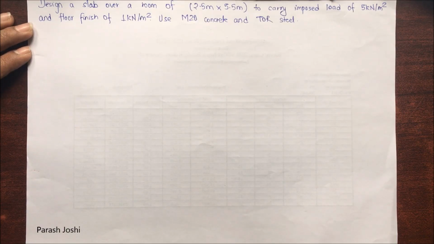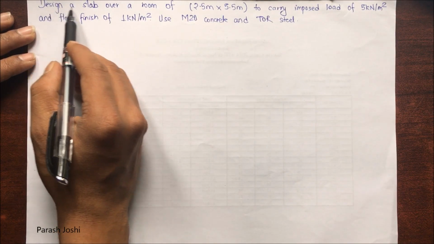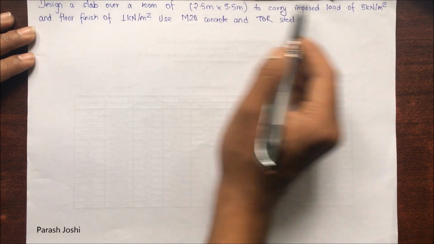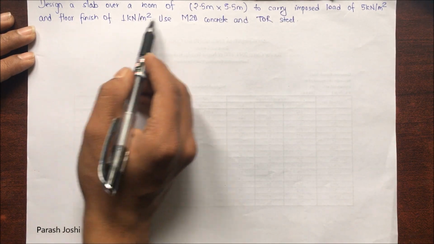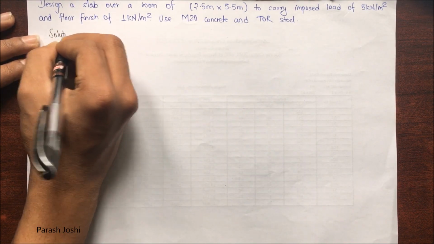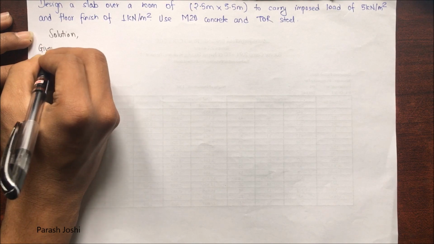Hello guys, and let us start with the numerical of one-way slab. Design a slab over a room of 2.5 by 5.5 meter to carry an imposed load of 5 kN per meter square and a floor finish of 1 kN per meter square using M20 and Tor steel. So starting with the solution, we have been provided as